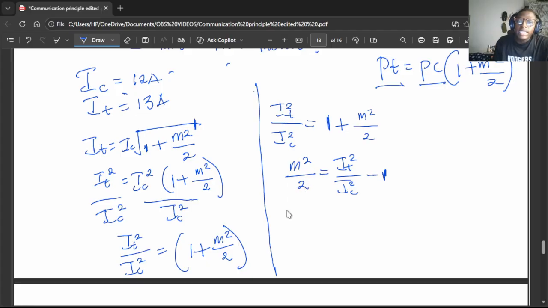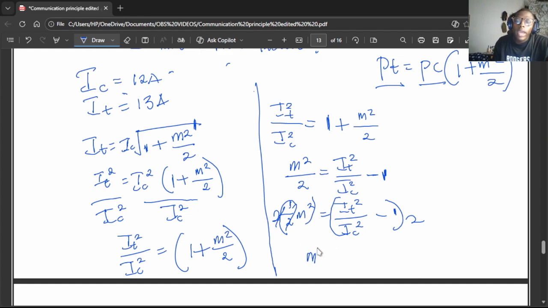This is the same thing as writing 1 over 2 multiplied by m square, and this is equal to I_t square divided by I_c square minus 1. Now, what do you do to this side of the equation to make m square stand alone? We can make m square stand alone by multiplying this equation with 2, and we multiply this side of your equation with 2. So basically, this 2 is eliminating this, and you are left with